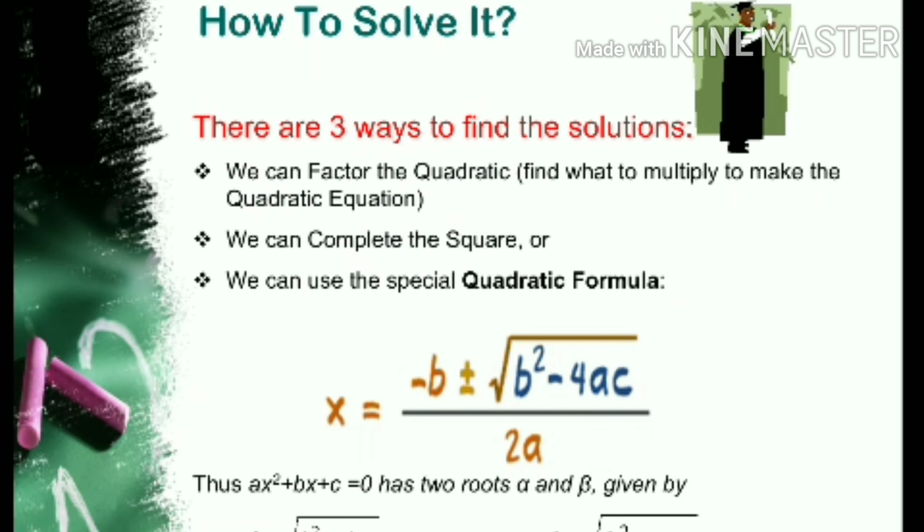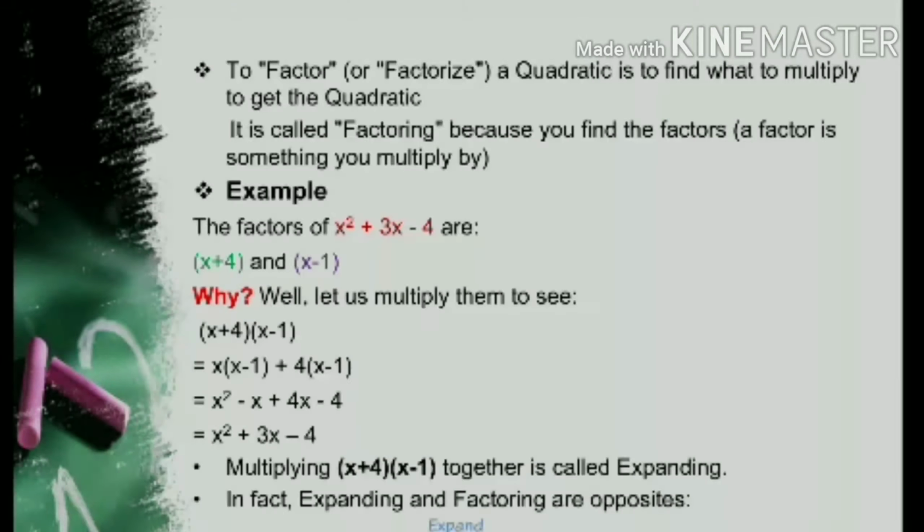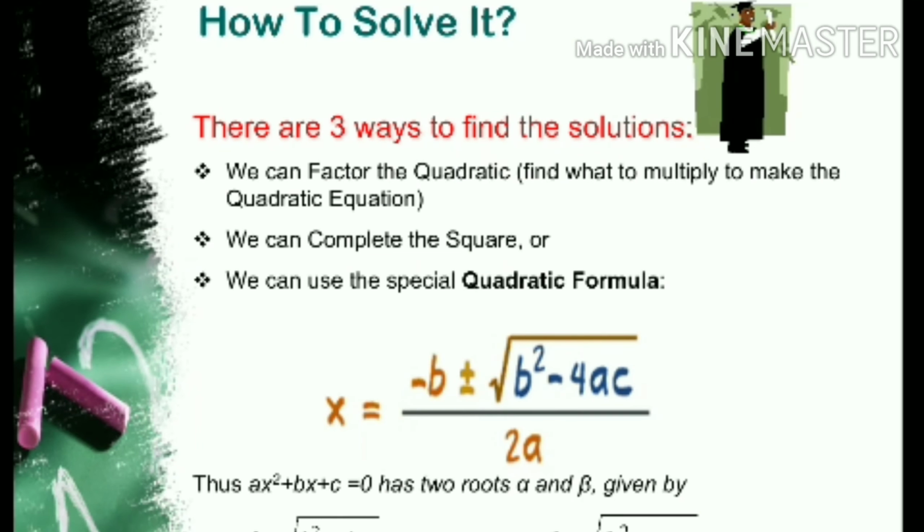We can factor the quadratic equation, which we have learned in a previous class already, but we will learn it again. Second, we can complete the square, which is the completing-the-square method. Third, we can use the quadratic formula, also known as the Sridharacharya formula, because the mathematician Sridharacharya discovered this formula. We will study it in detail in the next video, but I am just telling you a simple one.